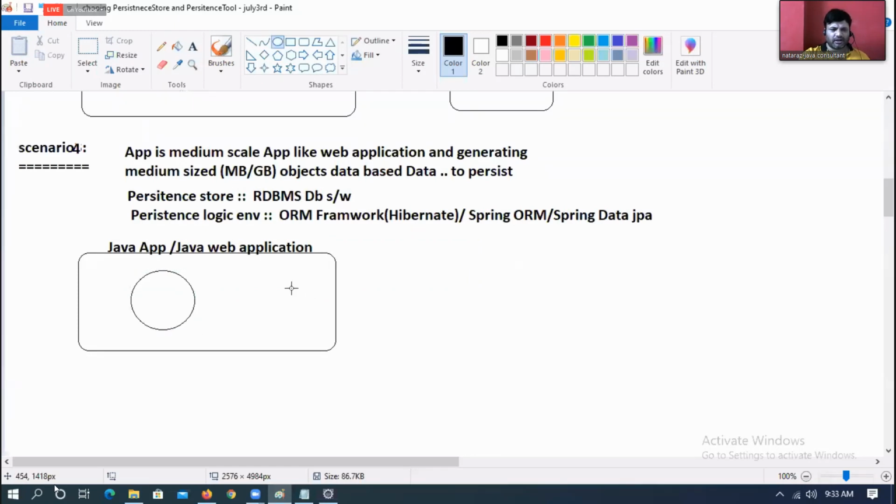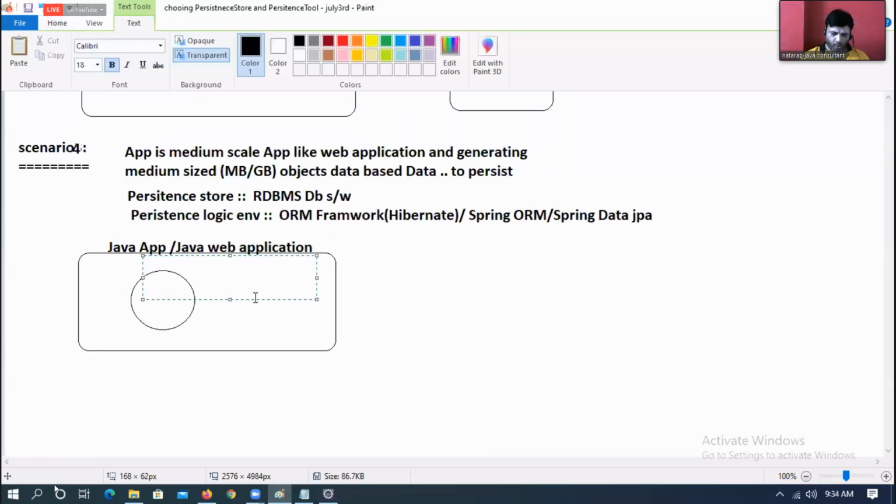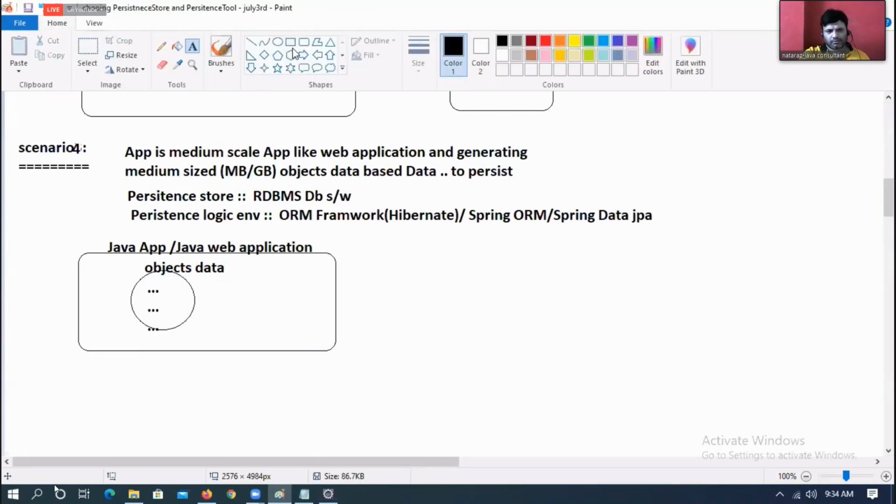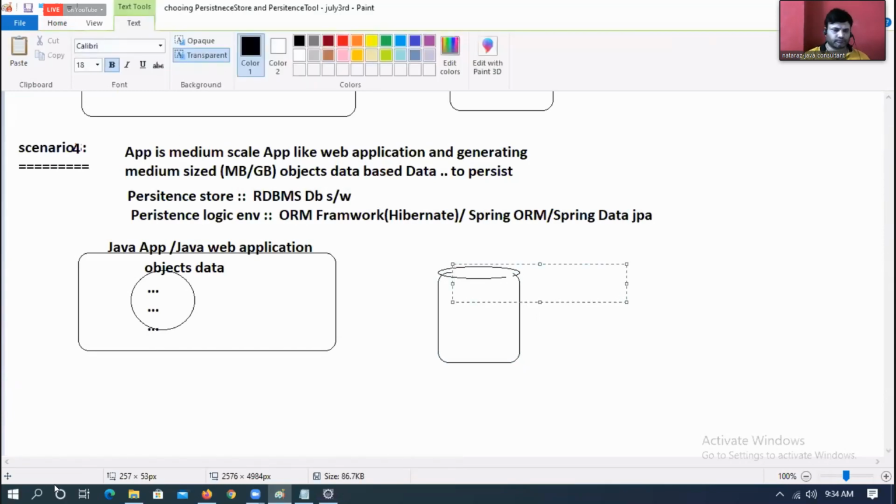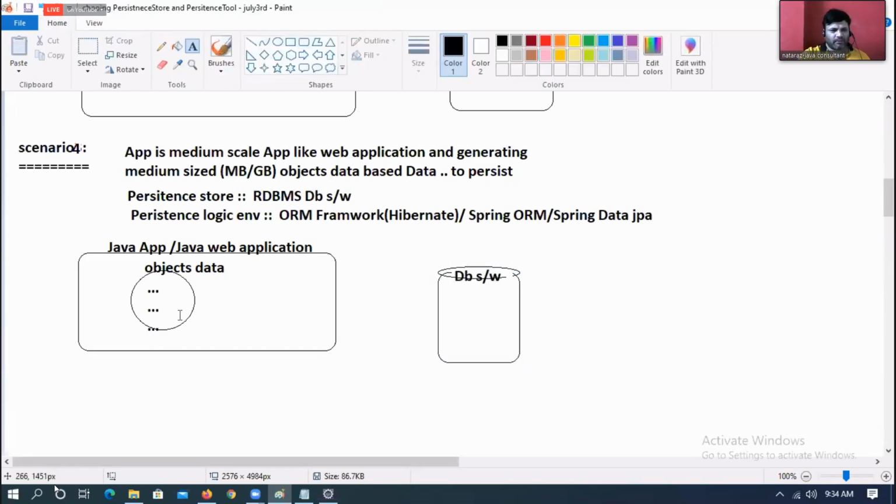Here what data? Objects data. And database software.